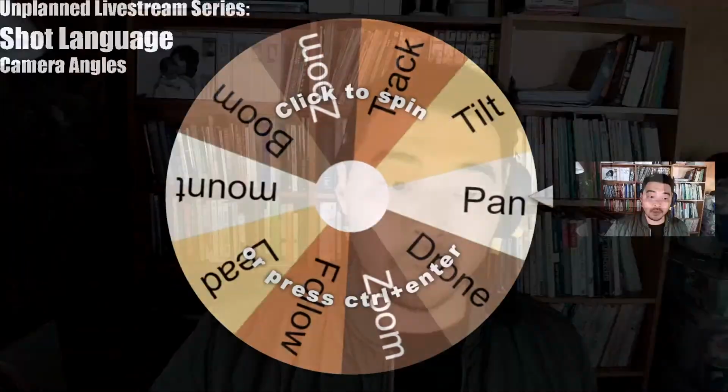So we're gonna move on with our shot language. We started off with scale, and then we went to camera angles, and now we're gonna go into camera moves. All of these are important because later we're going to start constructing a shot list. From that shot list, we're going to be able to combine different elements and make new types of shots. So it's not camera angles that we're doing today. We're doing camera moves. So I will tick that off and we will begin with our wheel of decision.